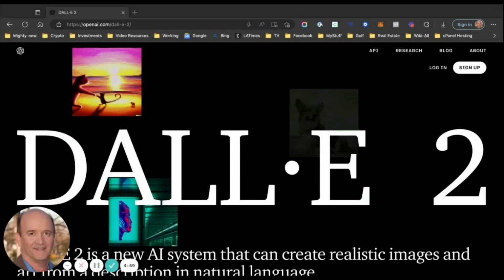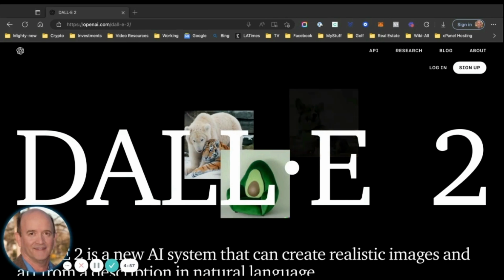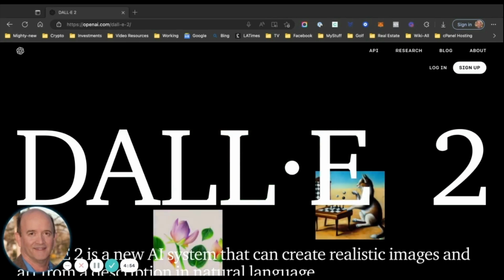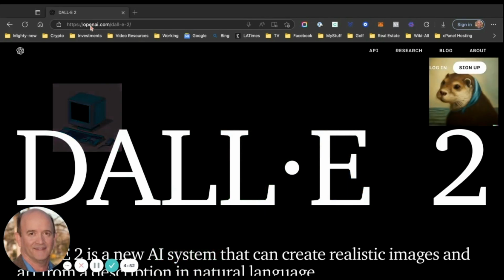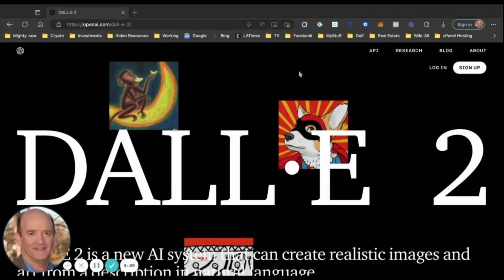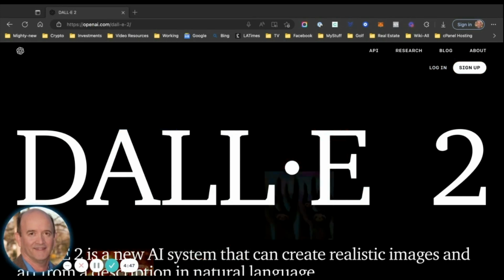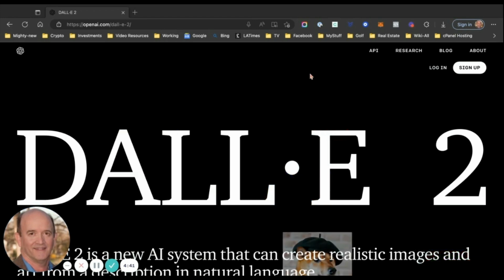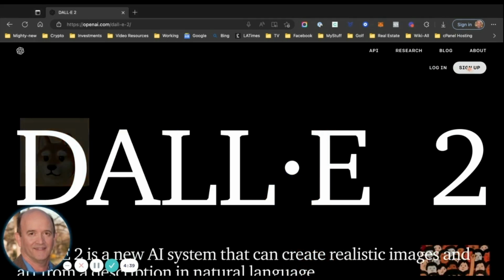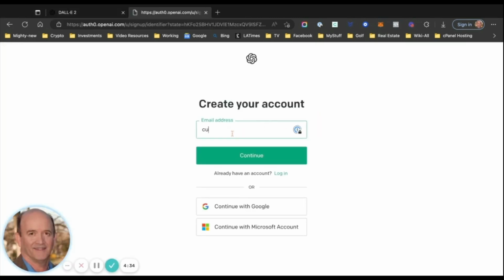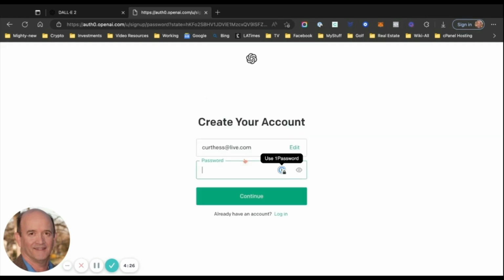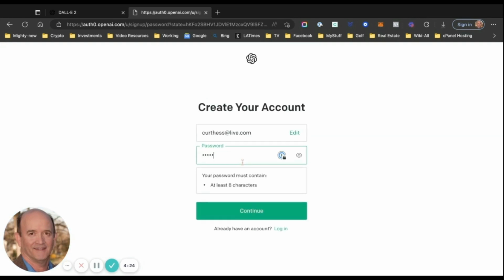So now we are at the DALL-E website, which is at OpenAI.com. There are now many other available tools. This one is probably the most sophisticated and the most frequently used online. We're going to do a sign up, and it's a pretty straightforward sign up where we enter an email address, password,